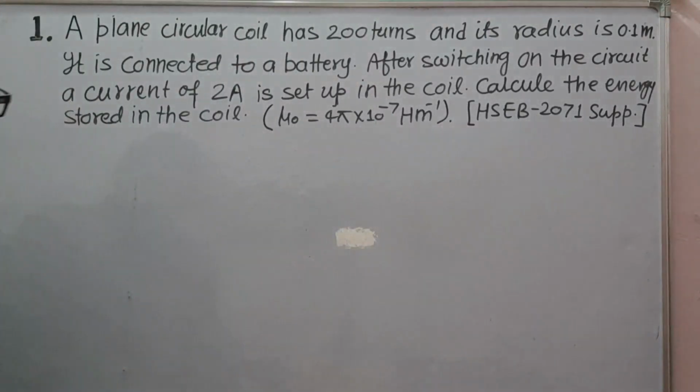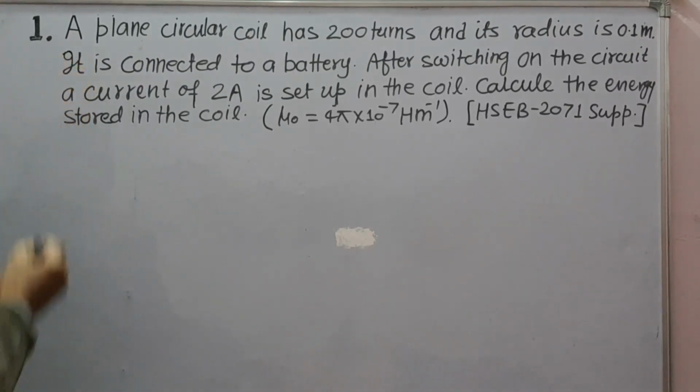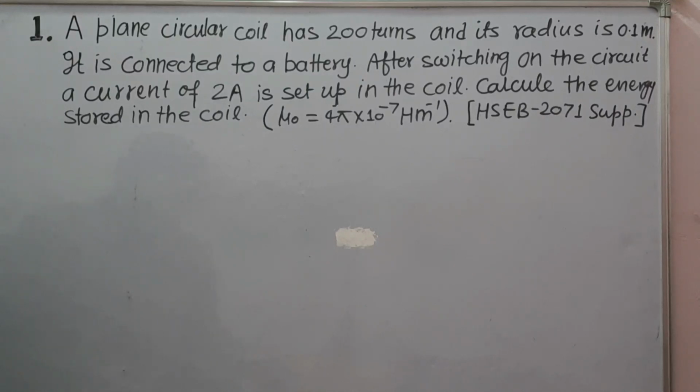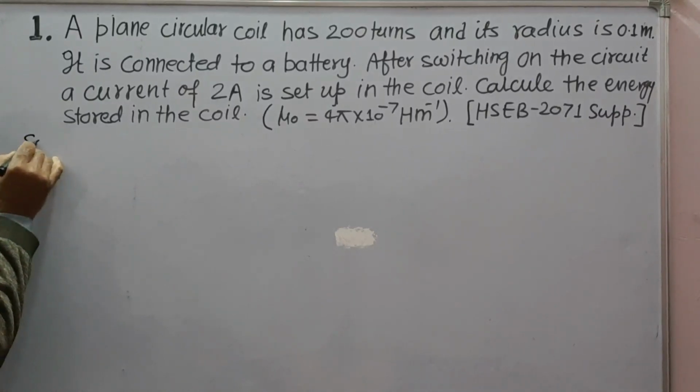First numerical: a plain circular coil has 200 turns and its radius is 0.1 meter. It is connected to a battery. After switching on the circuit, a current of 2 ampere is set up in the coil. Calculate the energy stored in the coil. Solution: